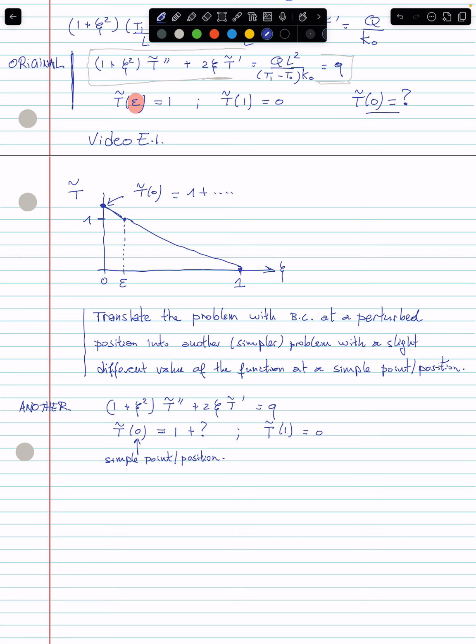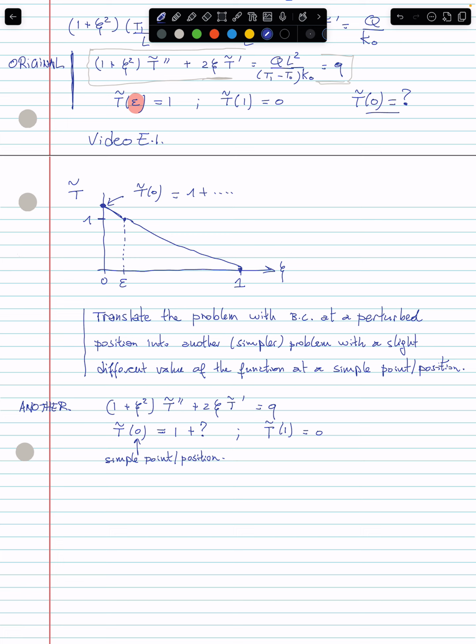And this one plus question mark is a quantity that might be much easier to deal with, because this is only the value of the function, and this is not where the function is evaluated. We will see that this way of tackling the problem is probably not strictly necessary